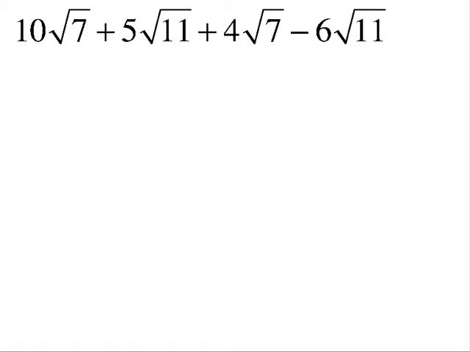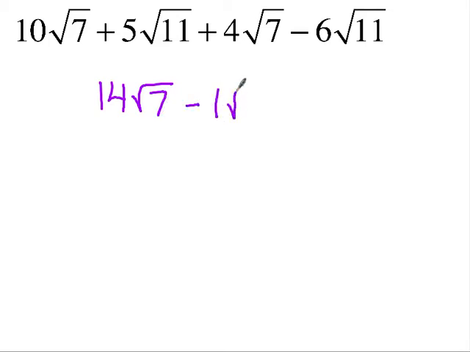10 root 7 plus 5 root 11 plus 4 root 7 minus 6 root 11. Does somebody want to take a guess as to what you think the solution here is? Yeah. You add the 7 together and then the 10 and the 4 and then the 5. Okay, so tell me what you think the answer would be. 14, 7, 7. Okay. Then negative 1,